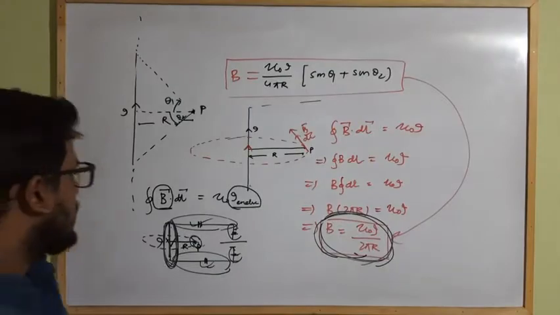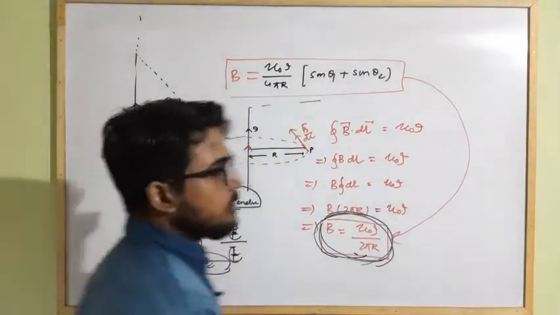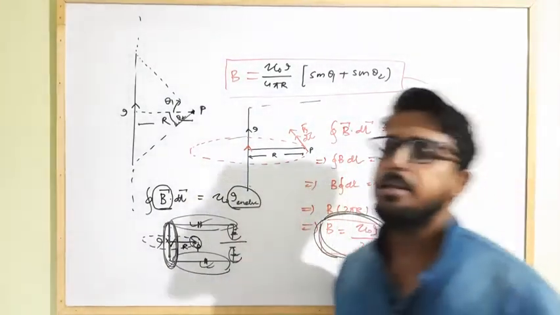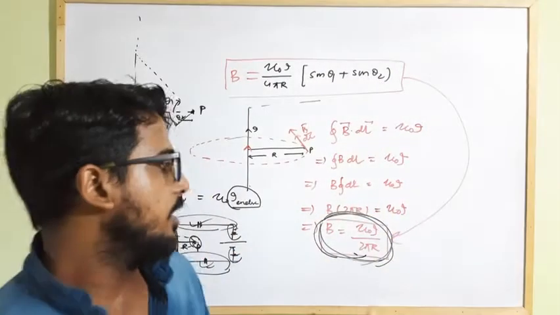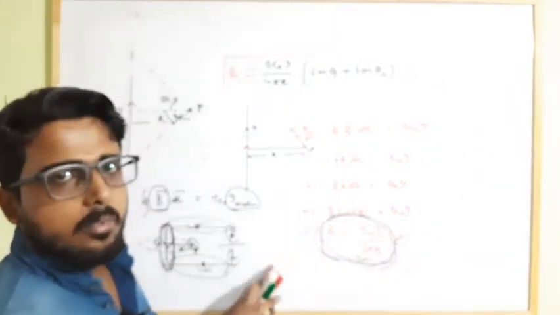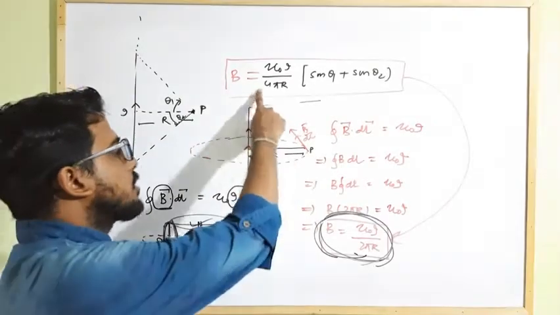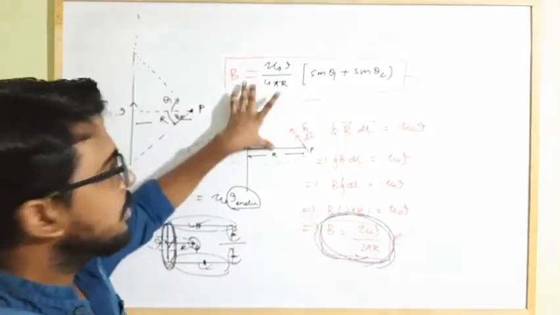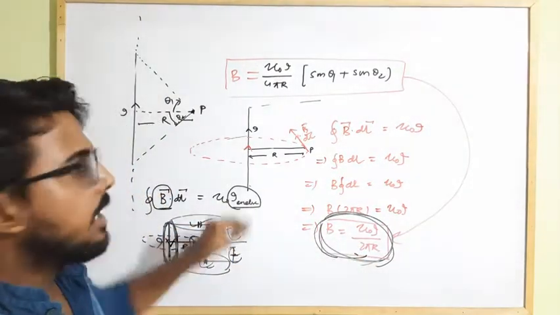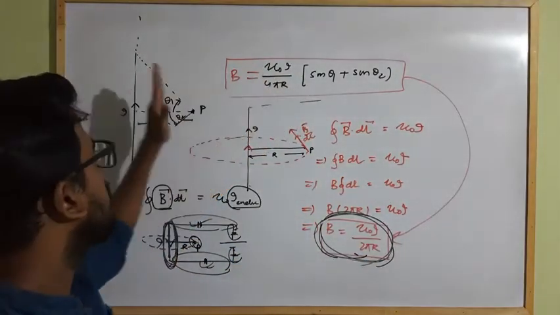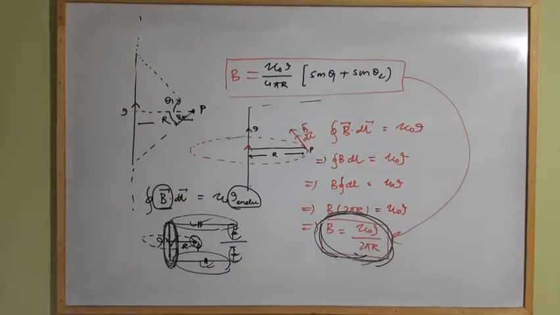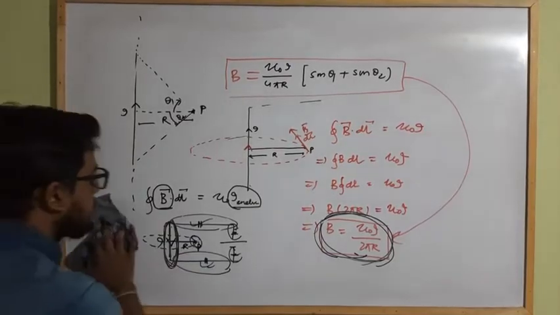Clear? So now this is generally a doubt in our mind: if we apply Ampere's circuital law for a finite current carrying conductor, why will the result be different? So I hope you understand the cause why the result is different in case of Biot-Savart's law and Ampere's circuital law. These two are correct, but this is the magnetic field strength due to all the segments, and this is the magnetic field strength only because of this finite segment. Clear? So now let's discuss some more applications of Ampere's circuital law.